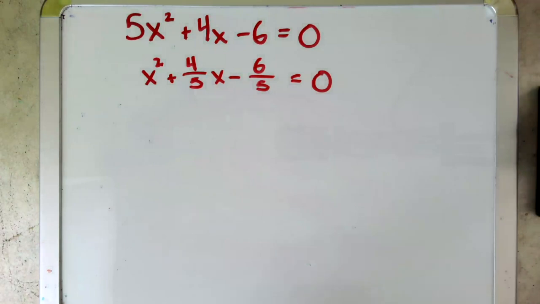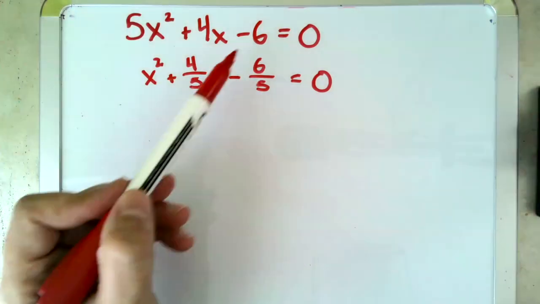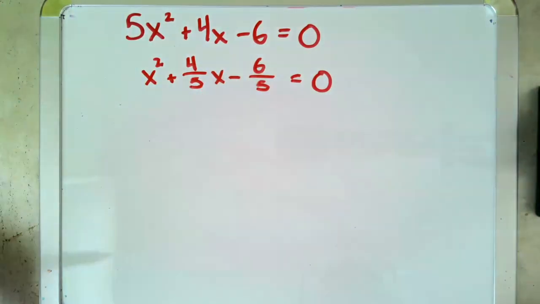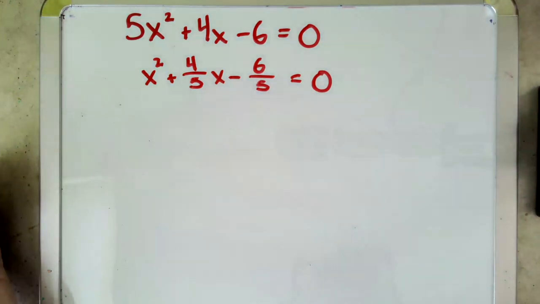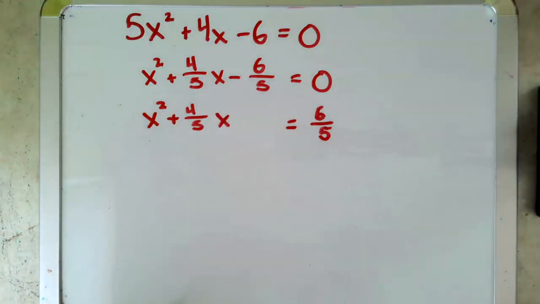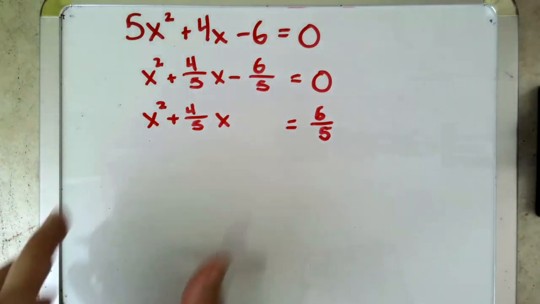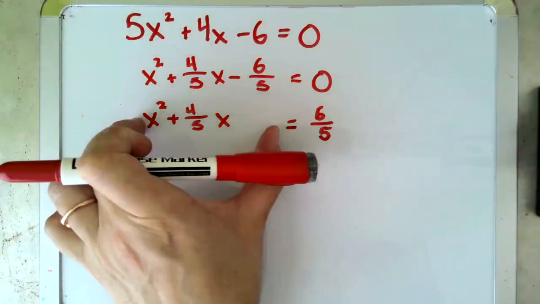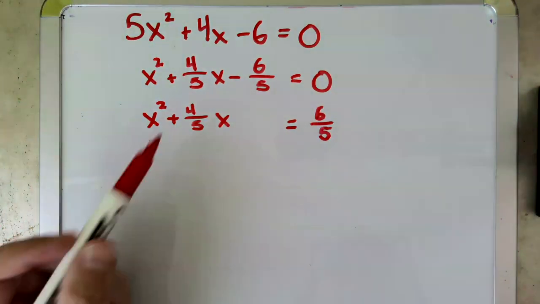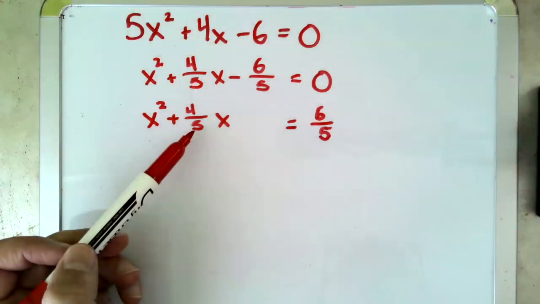All right, next step, we're going to take our c term and move it to the other side of the equation for safekeeping. Okay, so I add it to both sides and I'm leaving a spot here because this is the process of completing the square. To make this whole term a perfect square, I'm going to take the coefficient of my x